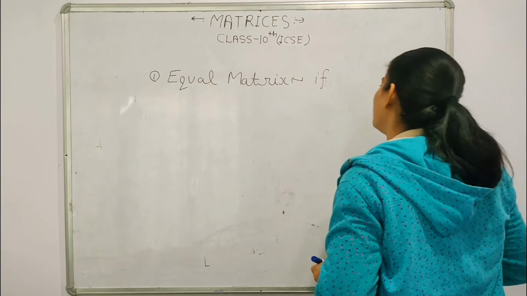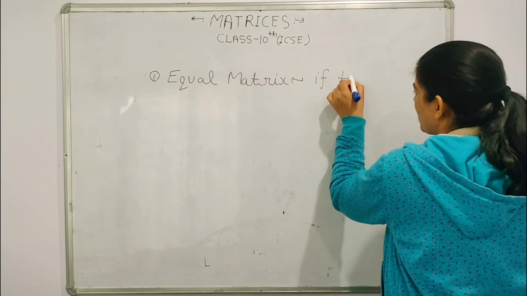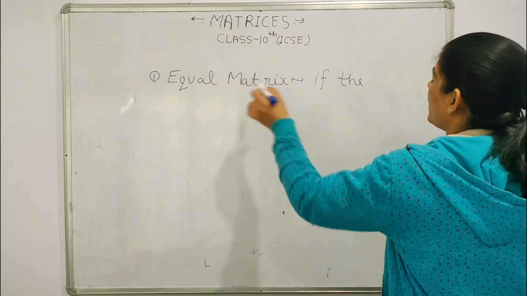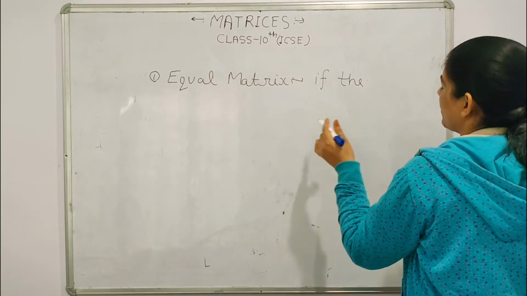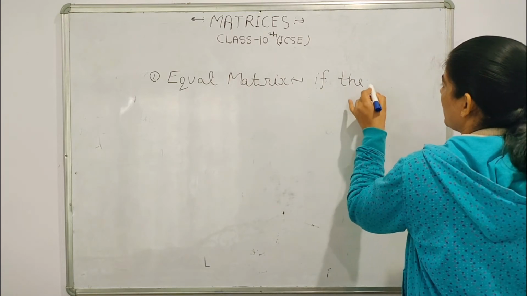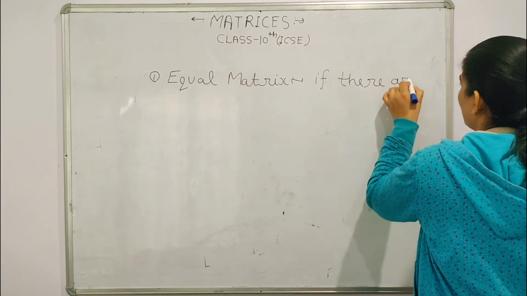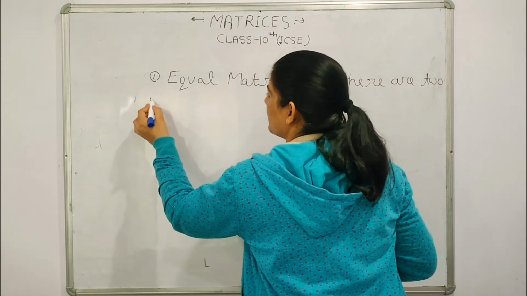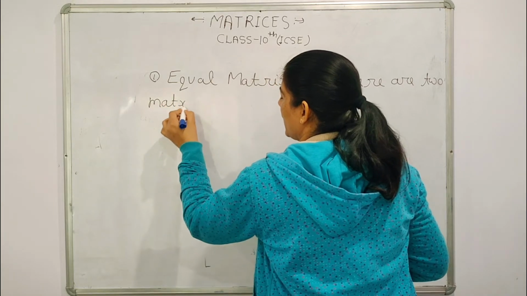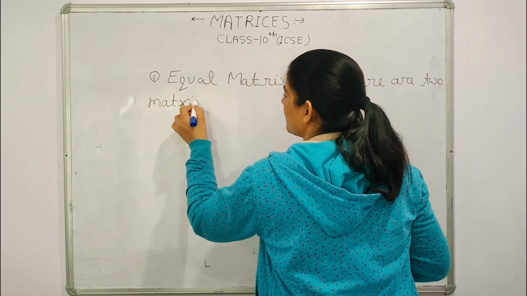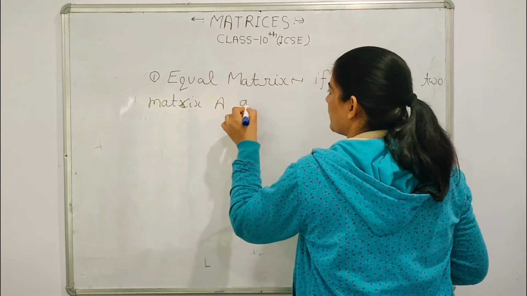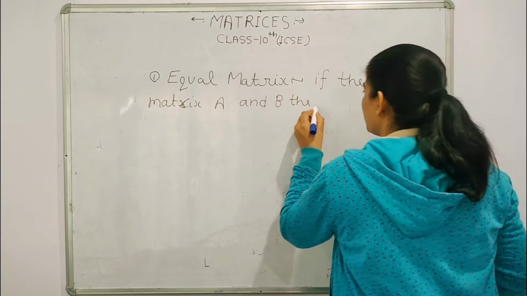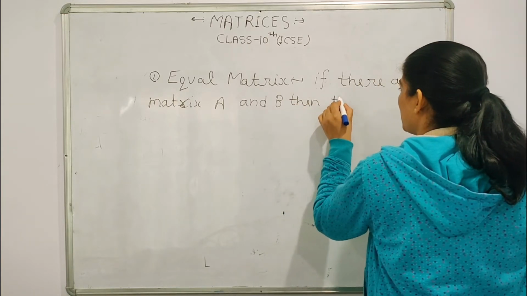If there are two matrices, because if you are finding the equal matrix, you must have two matrices. If there are two matrices A and B, then they are said to be equal